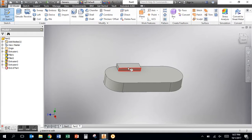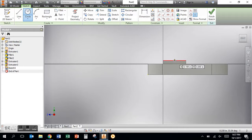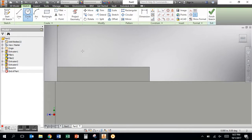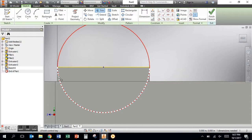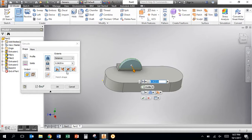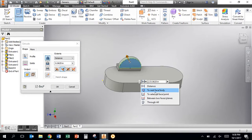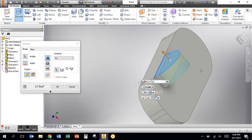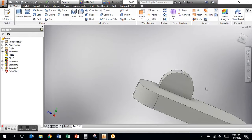And then, just like before, we're going to do another sketch, do another half circle, and trim the axis, extrude. We're going to go the other way, and we want to go distance or to the next face, which is right here. Okay, so we've got this little arc,